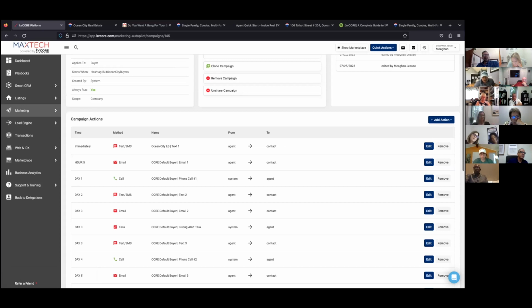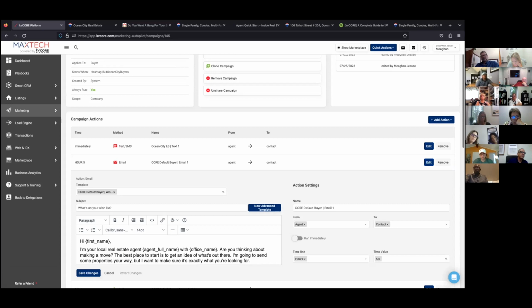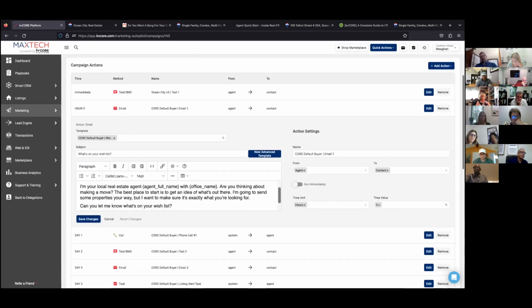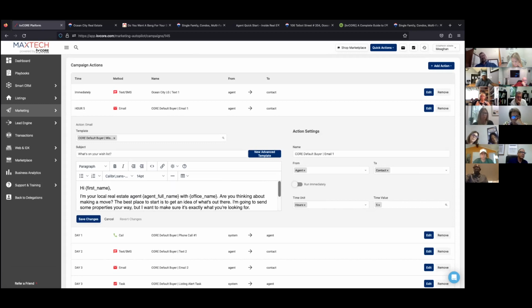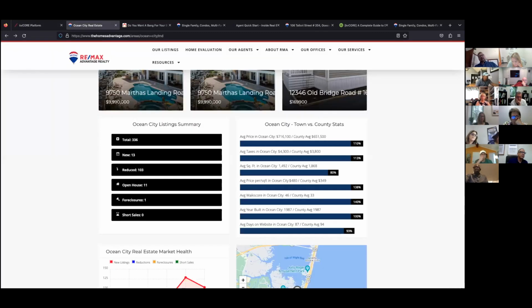We're going to now move down onto the first email. Now, the first email, this is where it gets interesting as well. So I could really narrow down. I could include another search in here. So let's say that I want to start sending some more information. I want to give them a little bit more data. I could perhaps pull 3 houses out of here. I could go back in, and where I'm going, guys, is back into my